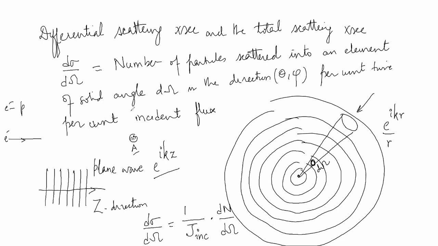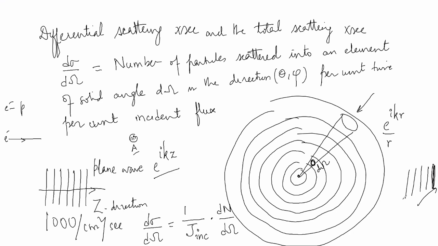Now you see, suppose I have got, and this we have discussed yesterday so many times, thousands of particles coming per unit area, per unit time. Had there not been any scattering center, what would I expect at this point? The same incident flux. All the 1,000 particles will reach this point, and that means here also there will be plane waves. Is it not?